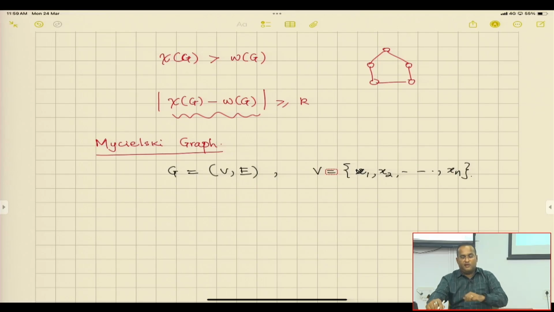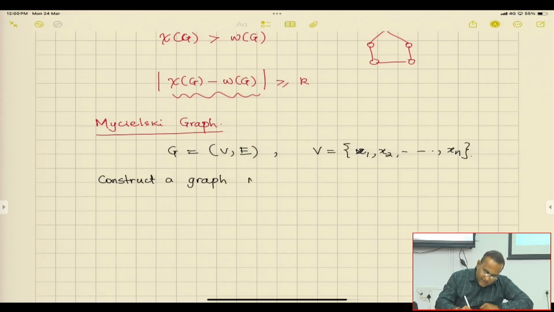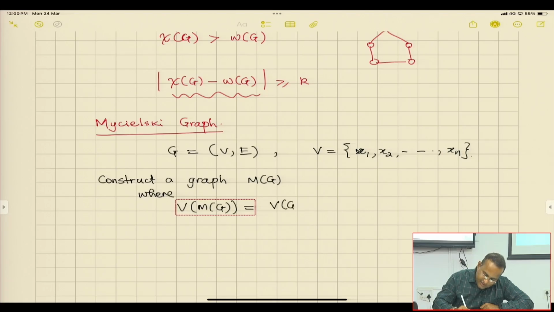Okay, so now construct a graph G dash, let us say it is M of G, and what is M of G? Vertex set of MG is basically vertex set of G union y1, y2,